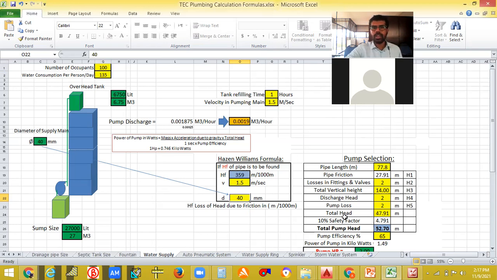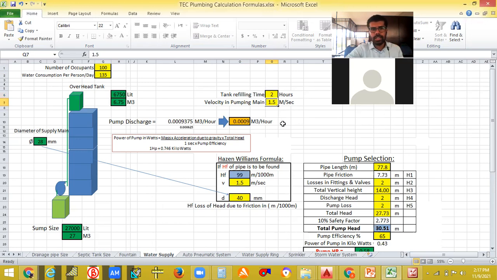If I say that I want to fill my 6,750 liter, or 6.75 meter cube, tank within 2 hours, you can just give 2 hours here. You know that the velocity in the pumping main is 1.5 meter per second.